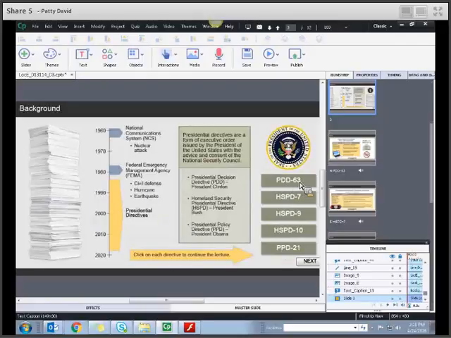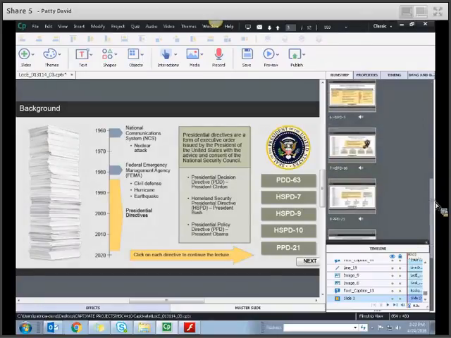I want them to see them graying out as they go through each one, and they can go in any order they want to listen to that portion of the lecture, which helps them to be able to go back and review a specific portion. But hopefully they're making some kind of a connection between the information that they just heard and this entire list of directives. I want them to see these letters and numbers over and over and over again throughout the lecture. And then once all of these have been visited, no matter which order,